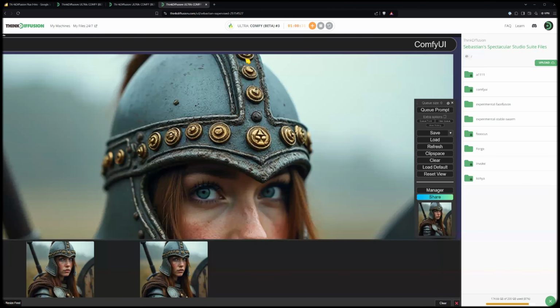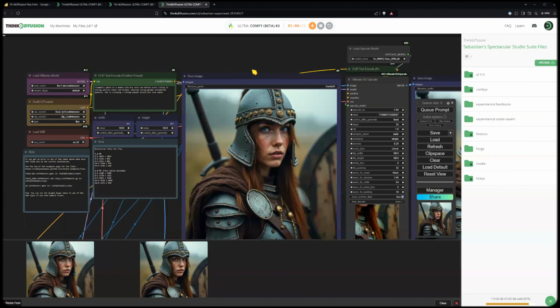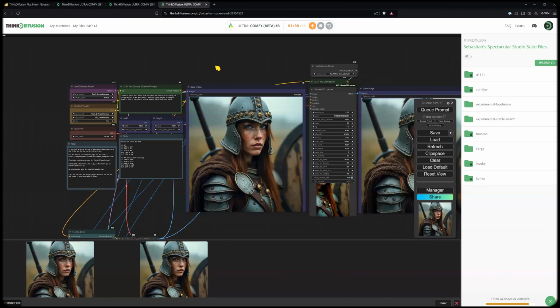So this is an introduction to getting started with Flux. And some of you might be thinking, oh, this looks very complicated, all these nodes and weird lines going all over the place. Well, the cool part about this is you take the JSON file, which is the workflow, you drag and drop it, and everything is preset for you. And that's really the power of Comfy. You don't have to learn how to connect all of these nodes.